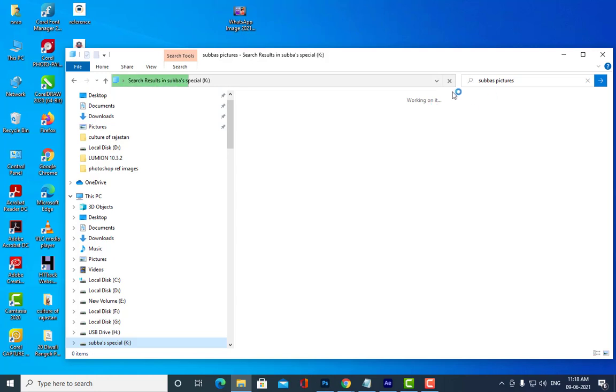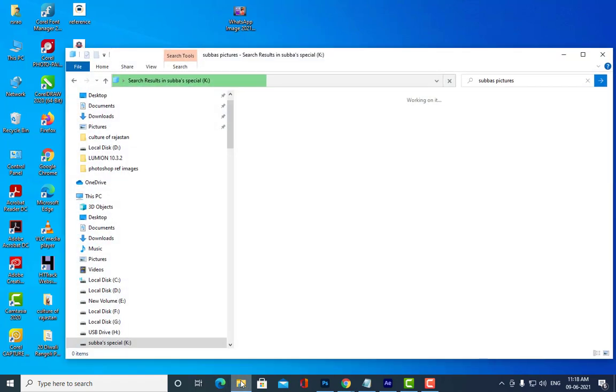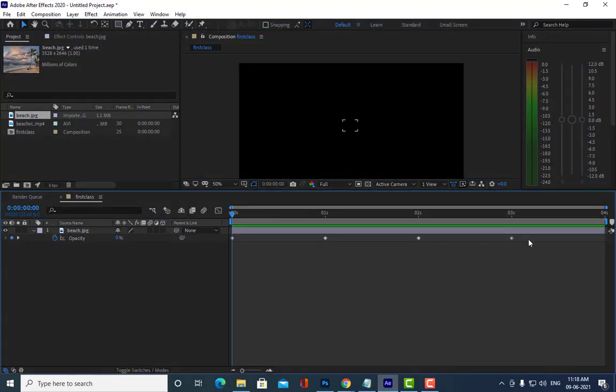So actually I am trying to get some images here. Okay, just a minute. It's taking time. You can take the images from this one folder also, but there are plenty of images in one of the folders here. Okay, it is loading. So till then we will just see the other options here.